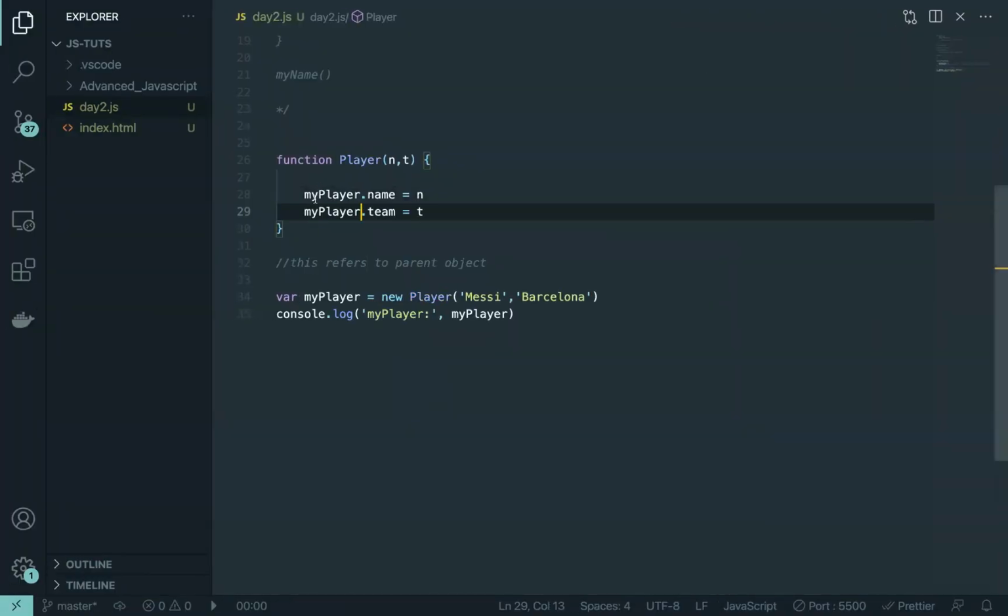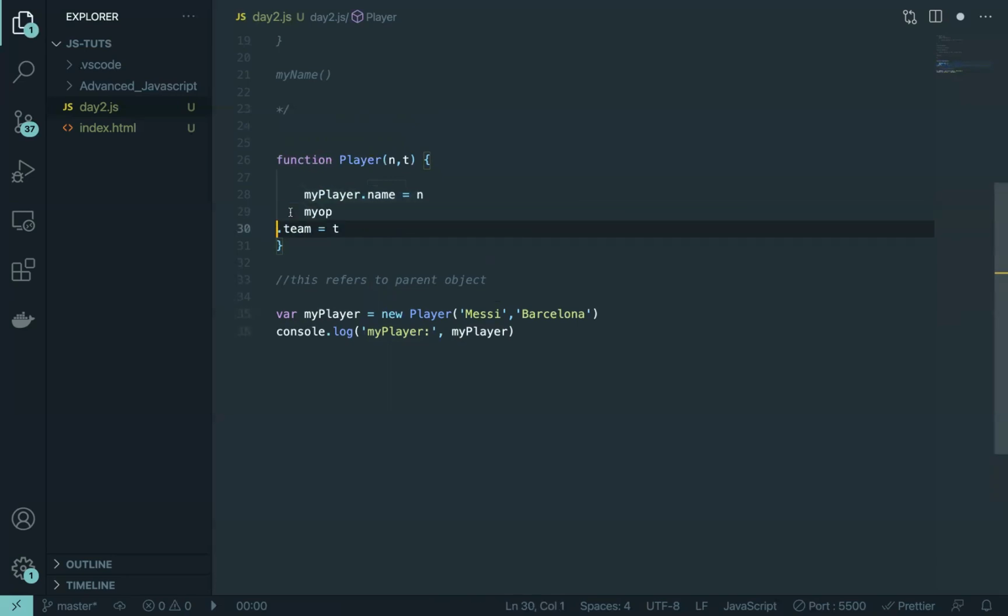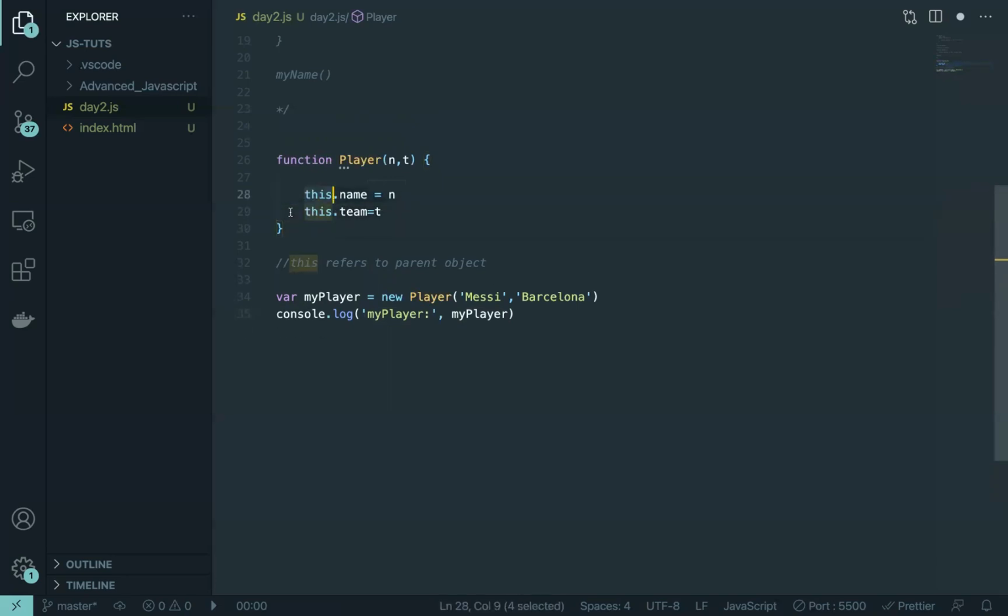Sorry, it won't work. You just have to pass in this here. But again, to show you, that's how it is working. It is literally doing this, myPlayer.name, myPlayer.team. But we are using the sophistication of the this keyword and the new keyword, which will do all those things automatically for us. And now, if I just want to keep on creating new players, I can do that very easily. Where myPlayer2, and now I want to create Ronaldo.